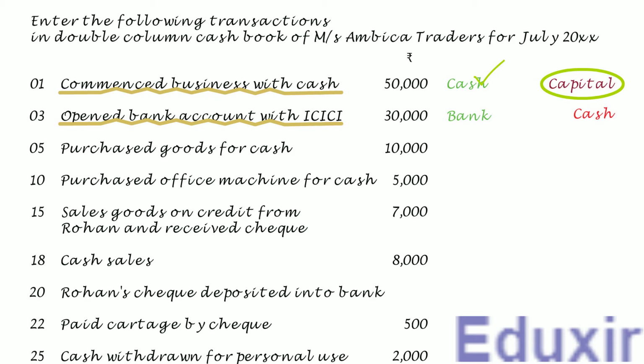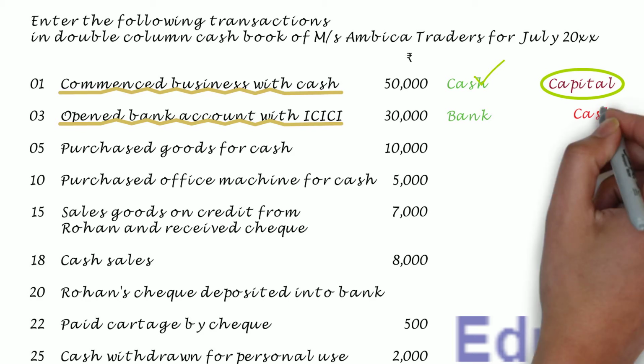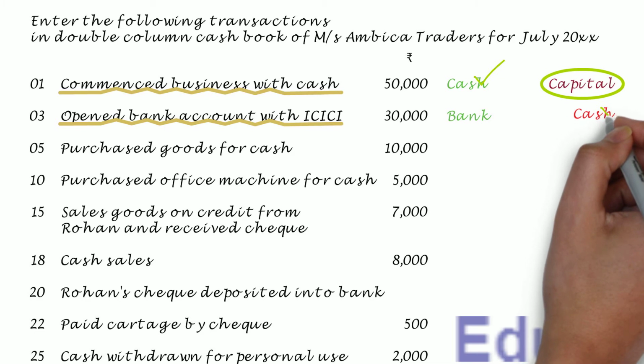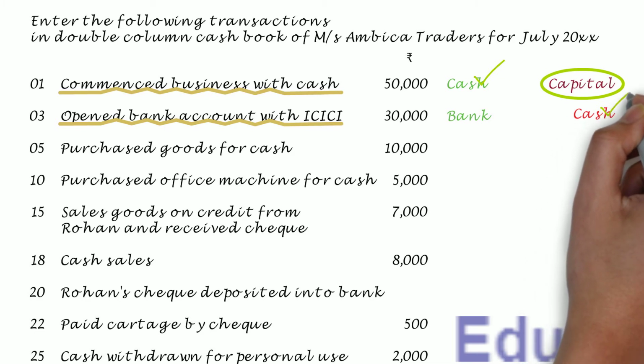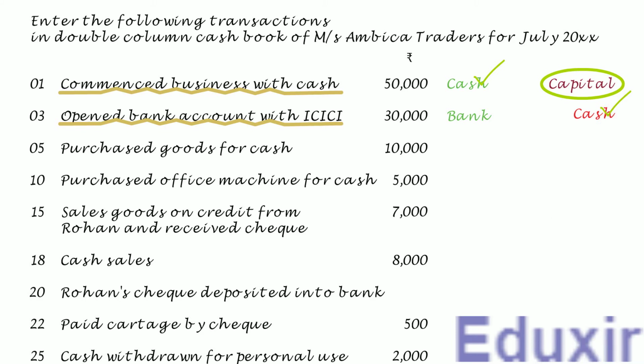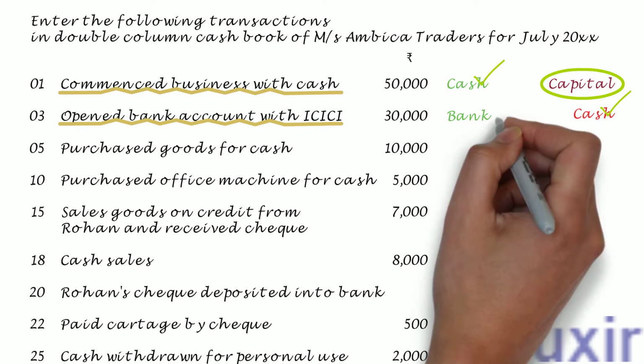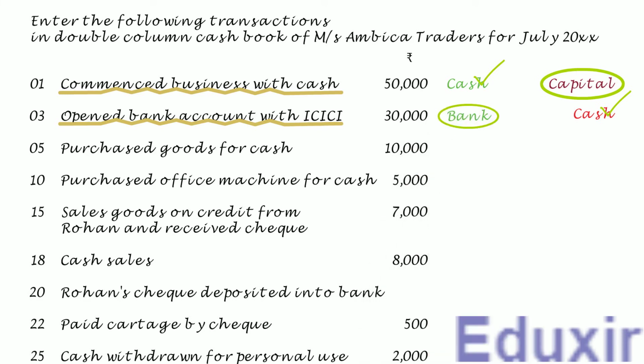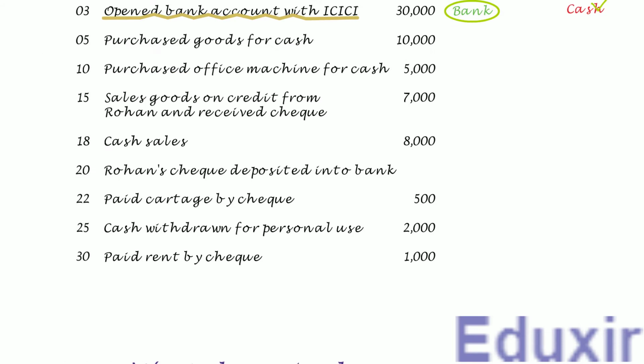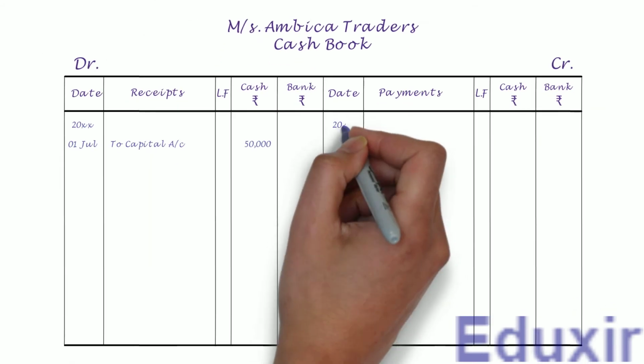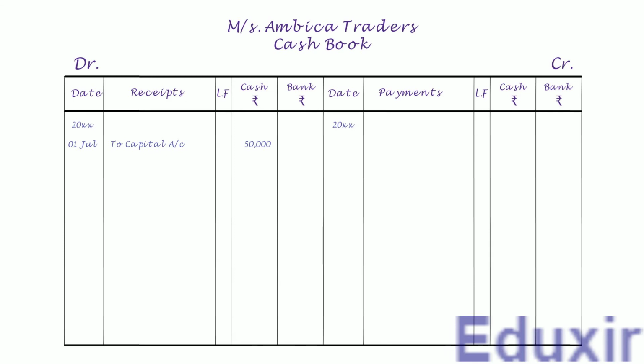In this transaction, as you can see, the cash is on the credit side. So, it needs to be posted on the credit or payment side of the cash book in the cash column. Note that the particulars that need to be posted in the payments column of the cash book is bank account. With this analysis at our disposal, let us proceed with the posting to the credit or payment side of the cash book. As this is the first entry on the credit side, let us first record the year in the date column. Let us then record the date.